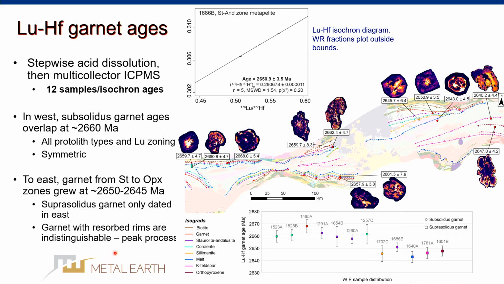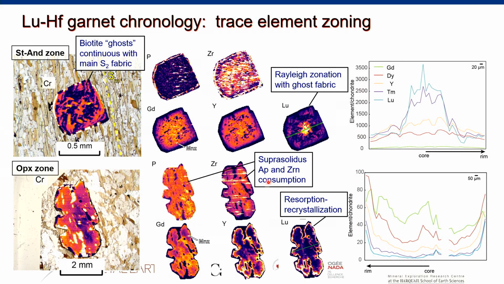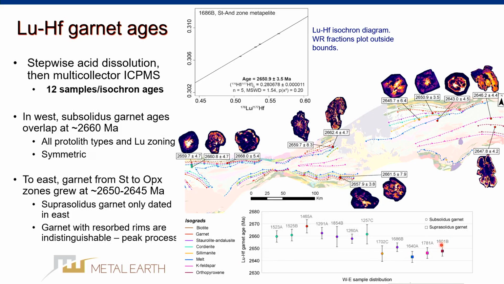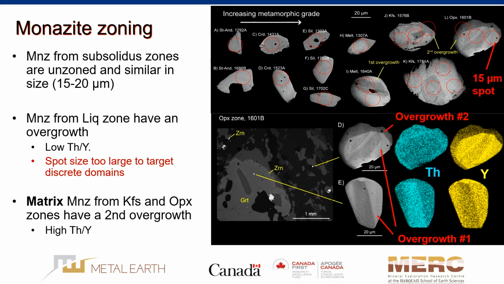Now, we only dated the supersolidus garnet in the east. In hindsight, it would have been nice to have some from the west, but the key is that even the two garnets that I showed here, which have very different trace element distribution, are giving an overlap in ages. So even the garnet with the resorbed peaks or resorbed rims has the same age, and that's basically inferred as a peak metamorphic age in the belt. I did monazites here to complement it, to get different parts of the PT path, to see the relationship between monazite and garnet ages.